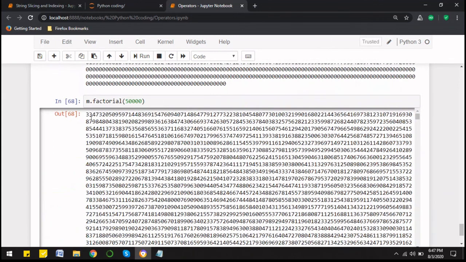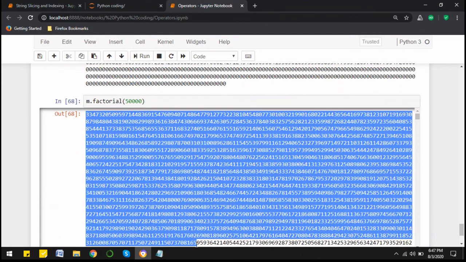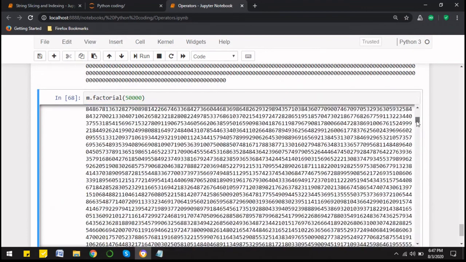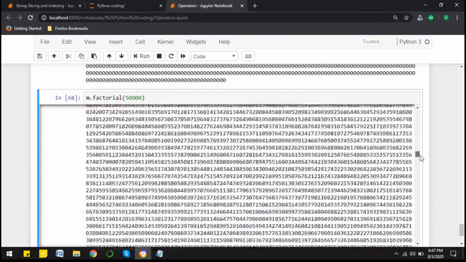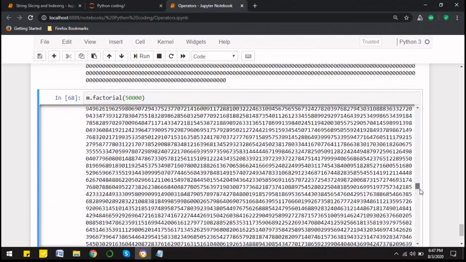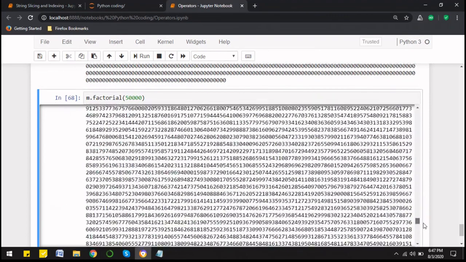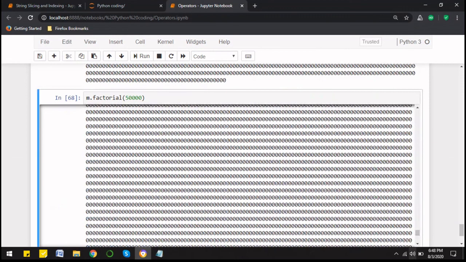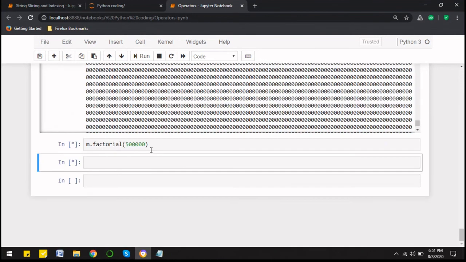Now see the result. Factorial of 50,000 is such a big number that I even have to scroll. Can you see the scrolling here? Such a big output. We have not even imagined such a big number, and see the number of zeros here. So this was all about operators, and we understood the computational power of the different operators here.